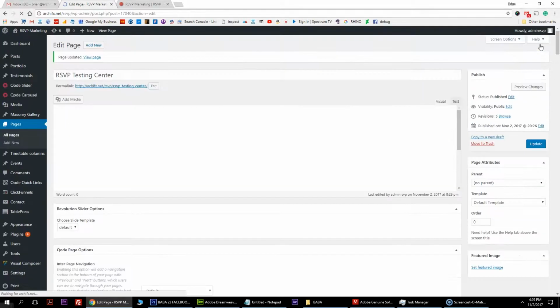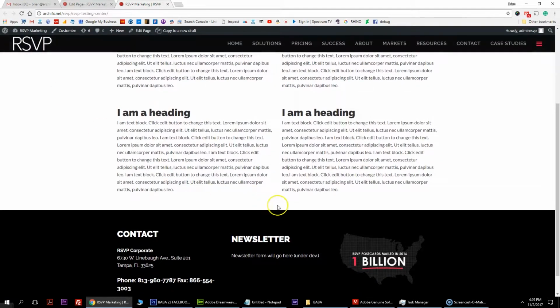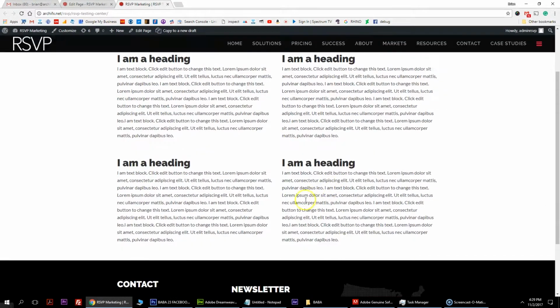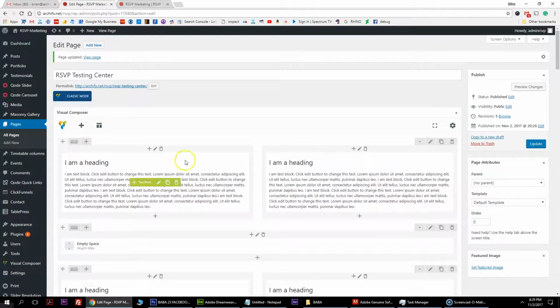So if we update that and then refresh, you'll see that I have a 60 pixel space here and a 60 pixel space here, so it looks pretty nice. Now, if you don't want this heading up here, which sometimes can take up a little too much real